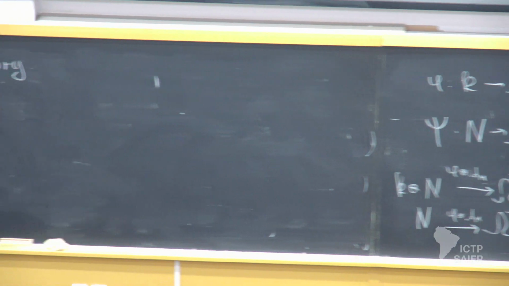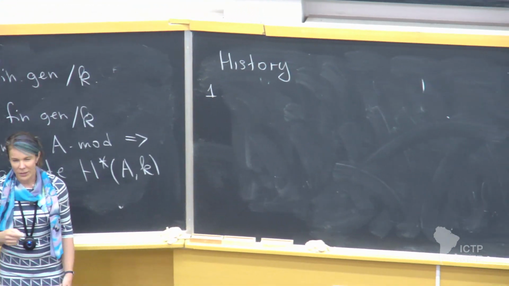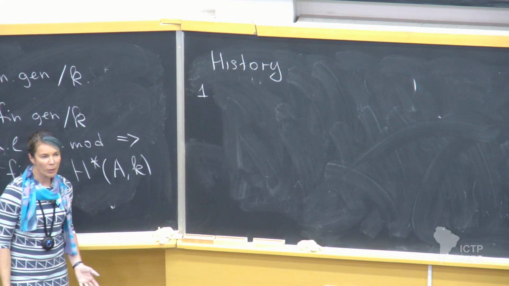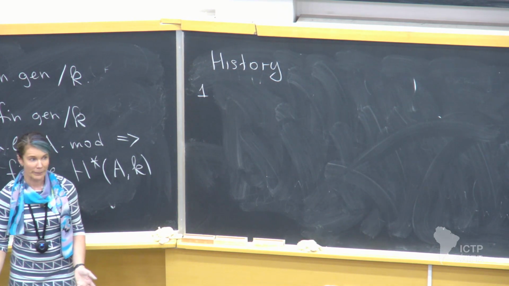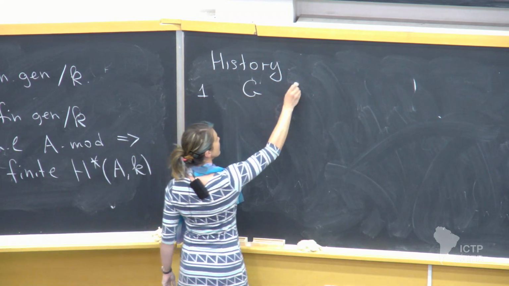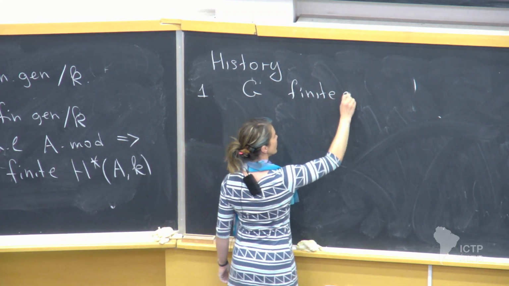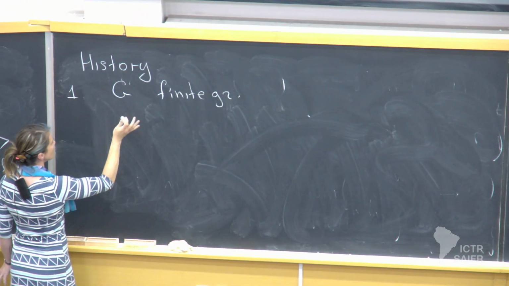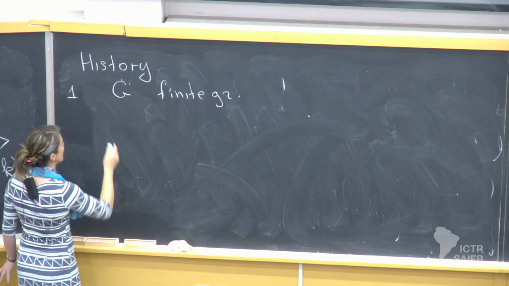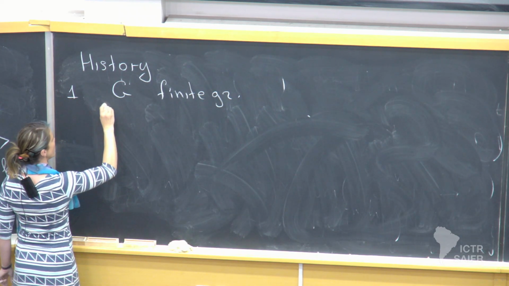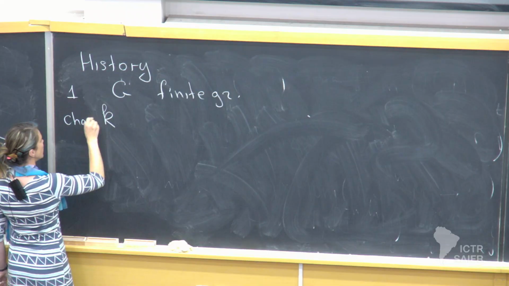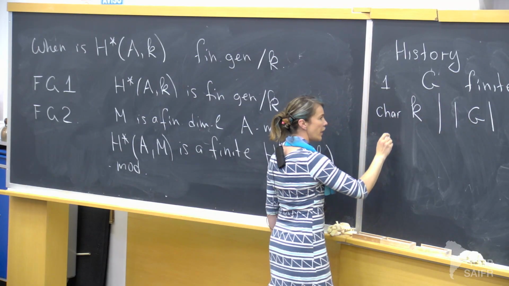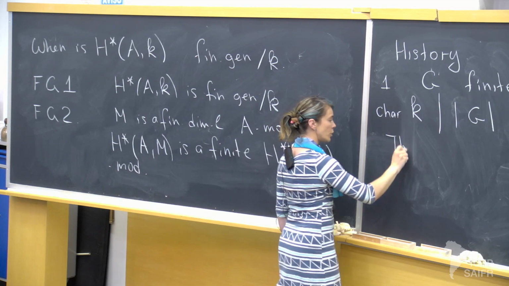But, OK, what is the first Hopf algebra one usually learns about? I guess now it varies, but it probably used to be the case that it would be the group algebra. So if we take a finite group, and let's say here, for the question to even be interesting, we have to assume that we are in the modular setting, namely the characteristic of K divides the order of the group. Then the finite generation result was proved